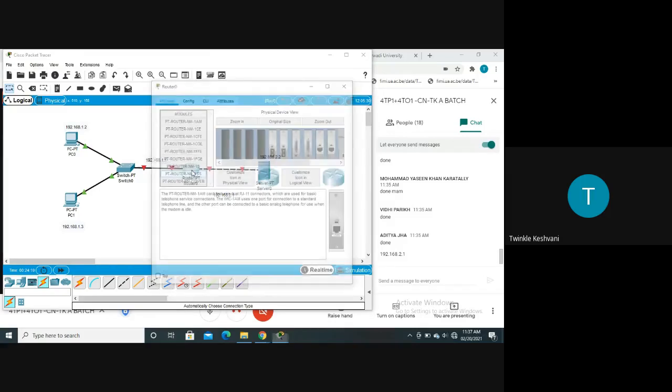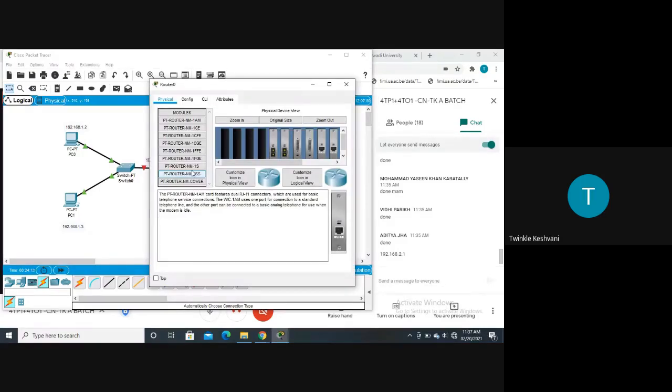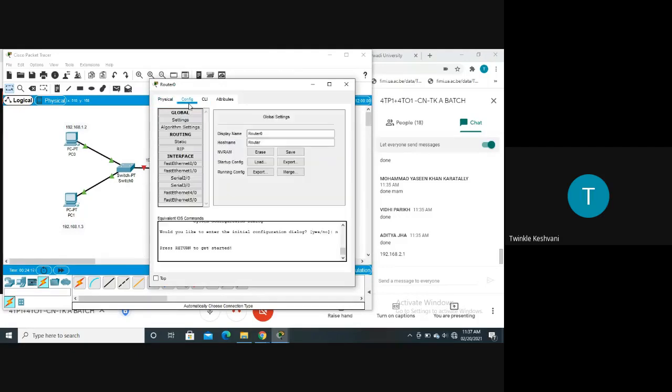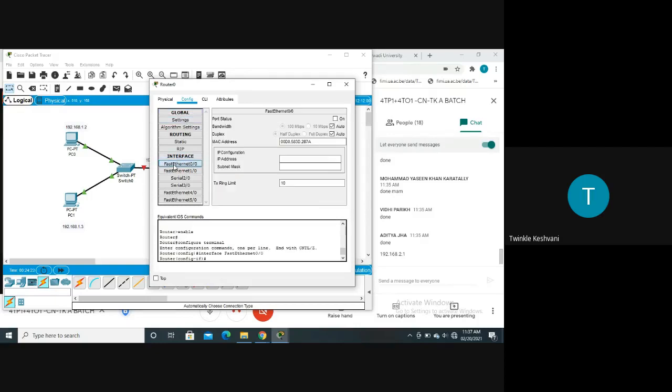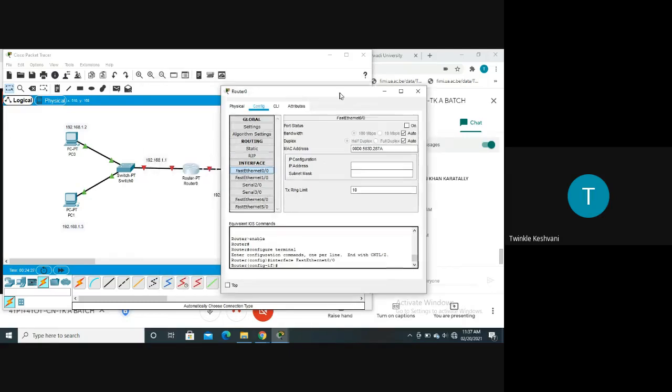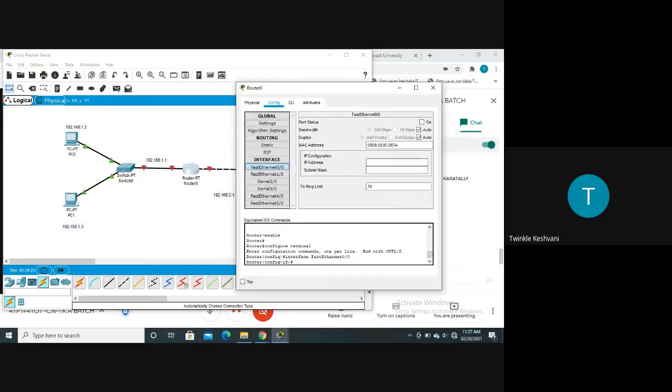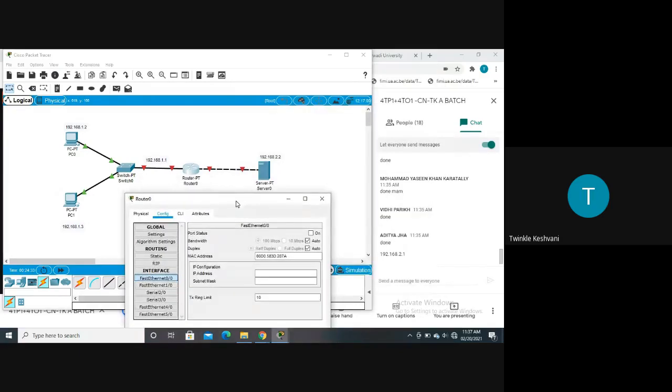Click on the router. You can see here the config, right? When you click on the config, you can see the fast ethernet 0/0. When you click on this, you can see here the IP addresses. Fast ethernet 0/0 is between the switch and the router, and between the router and the server, that is fast ethernet 1/0, right?